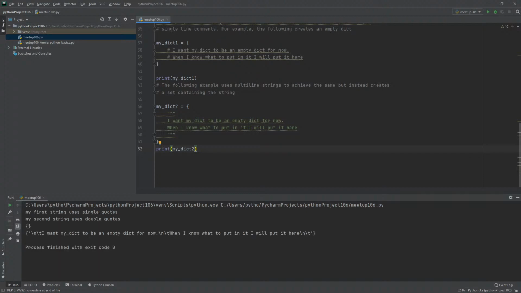As you can see in my dictionary 1, when we don't know what we want in our dictionary and we create an empty set, that is the result here. Whereas in my dictionary 2, where I've created comments because I don't know what I want in my empty dictionary, the doc strings act differently, and I've actually created something. It's not actually an empty set at all. So it's best